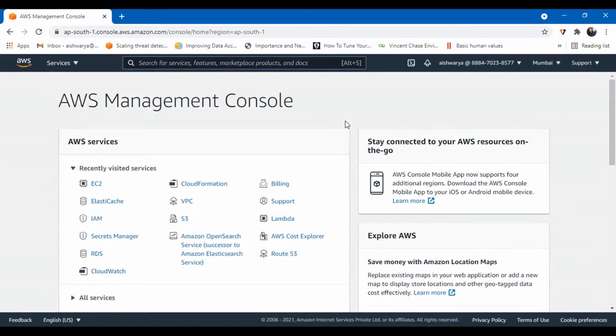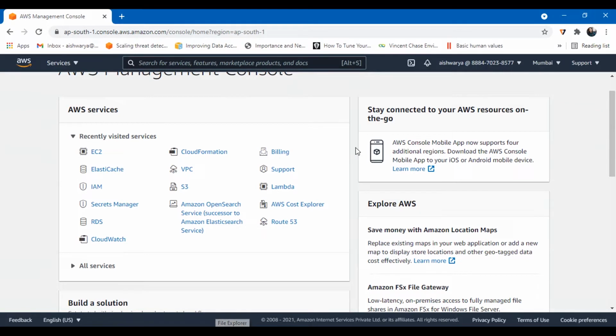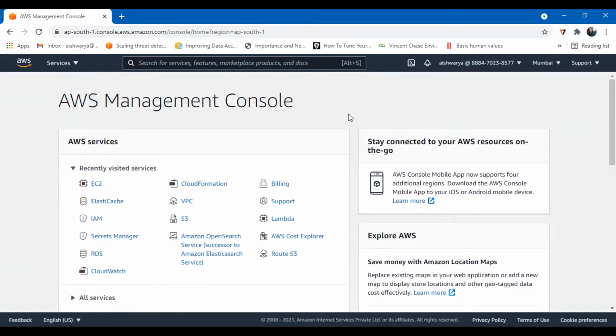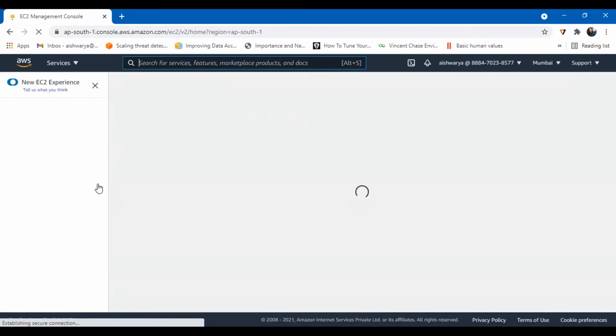So for this demo, the first step is to create an EC2 instance. What exactly will we be doing? We will create an EC2 instance and we will create an RDS DB instance. We will see if that EC2 instance is able to connect to the RDS DB instance, and then we will create an RDS proxy, so that we will see how we can connect to our database by using an RDS proxy, and we will connect to the RDS proxy through the EC2 instance. So anyway, let's begin with first creating an EC2 instance itself.